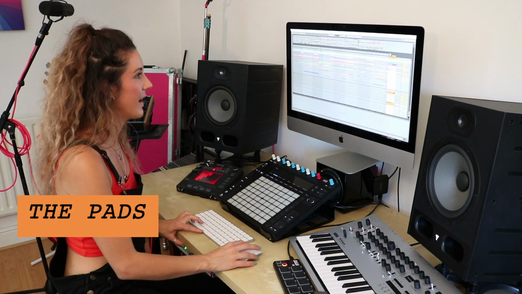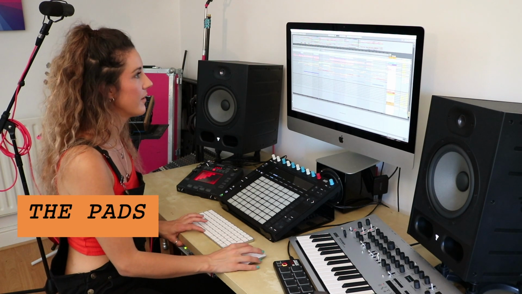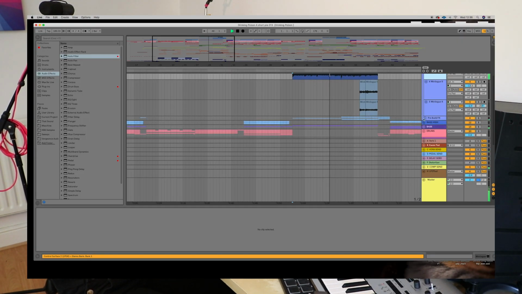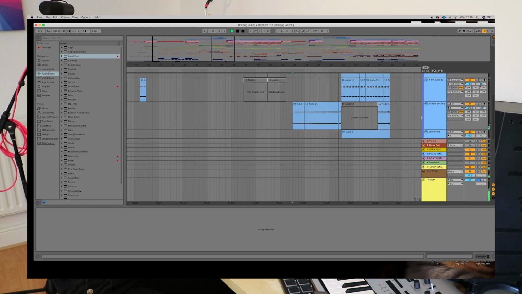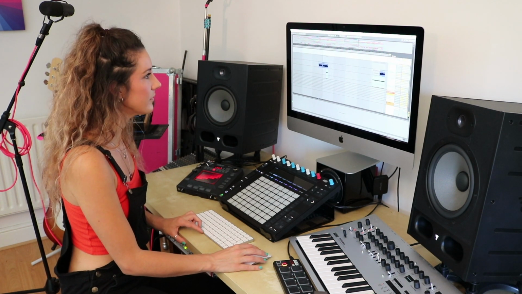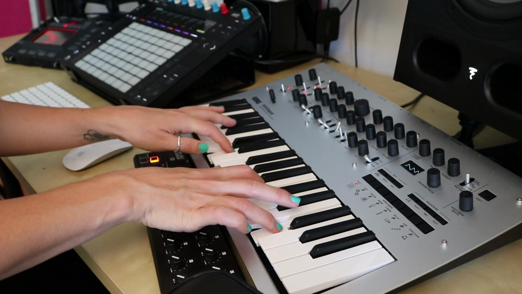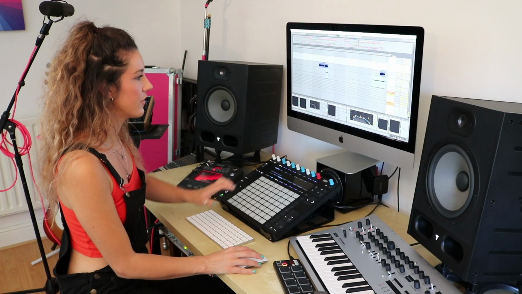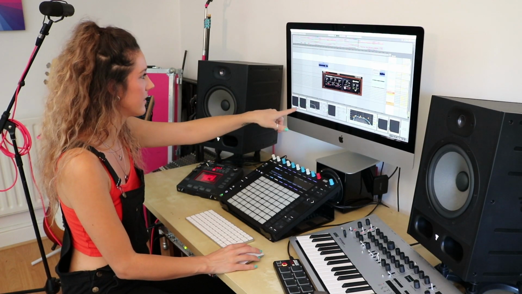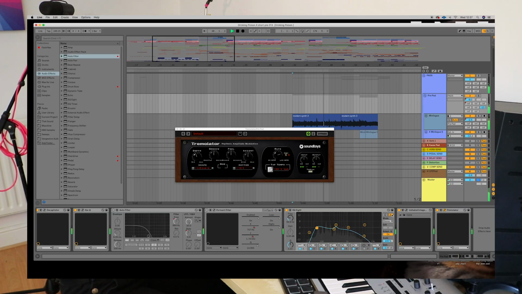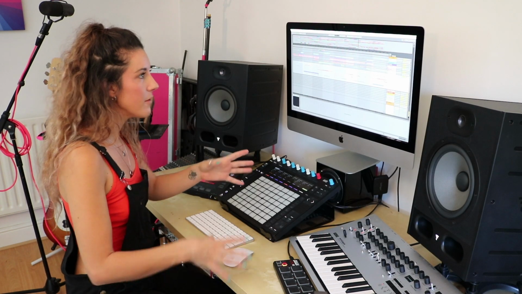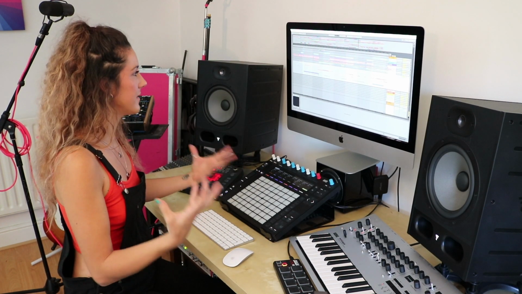I'll show you my pads for my pre-chorus. If I open up the group here, you can see it's mainly Mini Log, and I've got a super nice tremolator effect on this. So I've got this slow moving pre-chorus pad, which is cool, but I also wanted to add some pad kind of